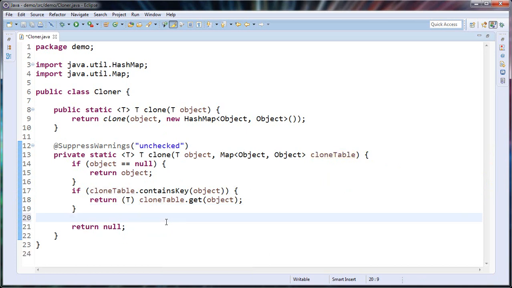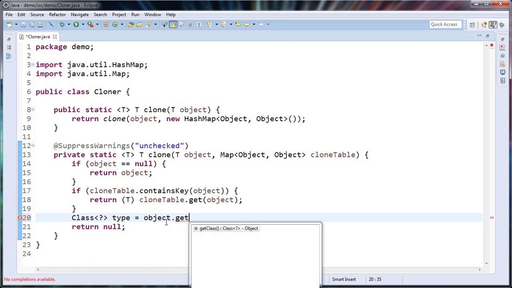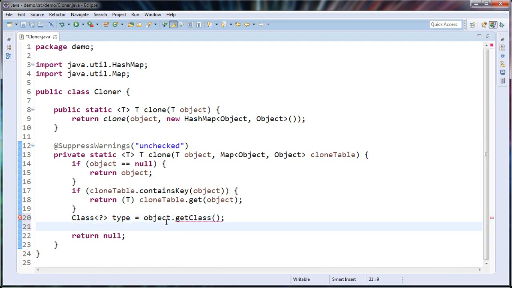Otherwise, if my object is not null and hasn't been already cloned, then I will have to start cloning this instance. And I will have to get the type of the object. Sorry, get class. So with this type,